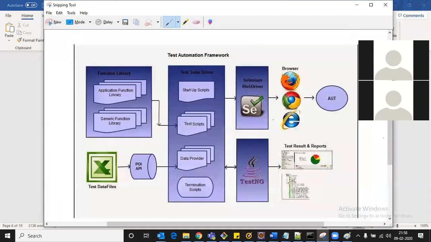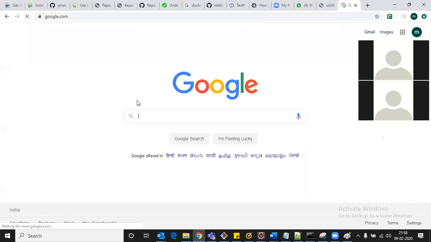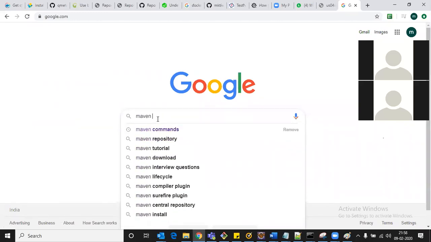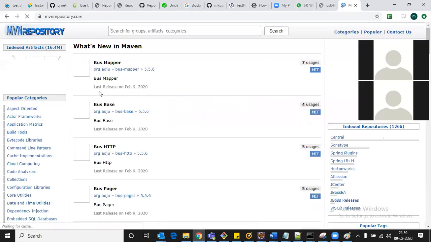Let's say, right now, one example. Right now most of the projects are going on Selenium 3, I think, and Selenium 4 beta version has been released. So if you want to check what version of Selenium is available, just go on the Maven repository, and there, if you want to see the Selenium jar,